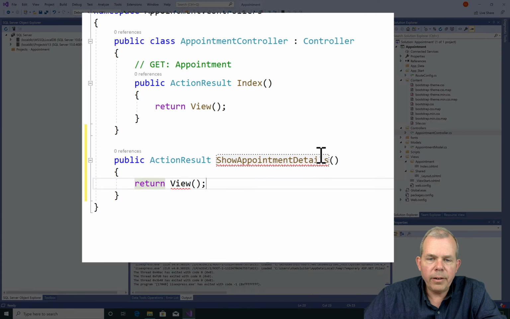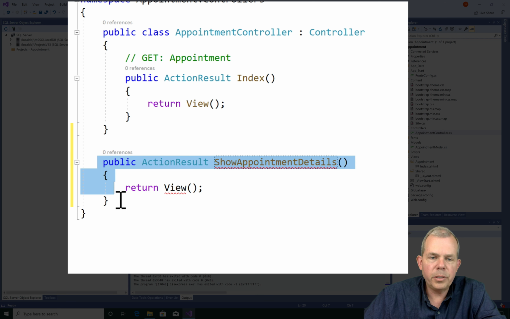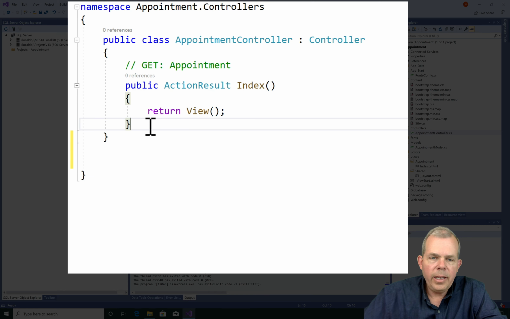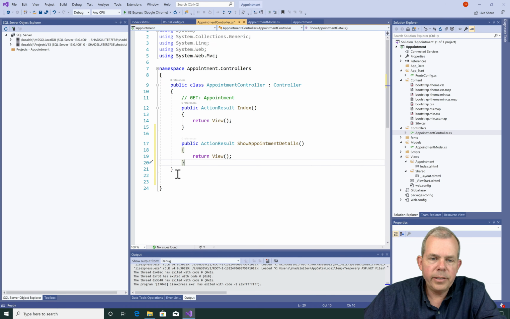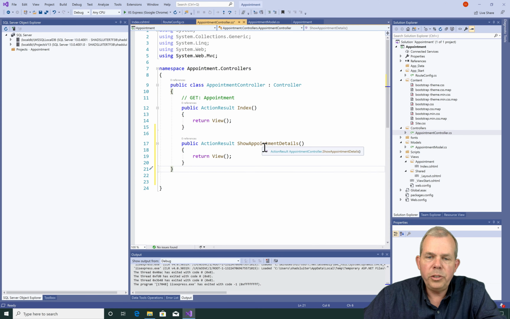Now what is going on here? I've got an error message that says you can't do this. I put it in the wrong spot. So let's cut this out and put it up inside of the brackets. Okay, now everybody's happy. All right, so the fastest way to create this new view that will be ShowAppointmentDetails